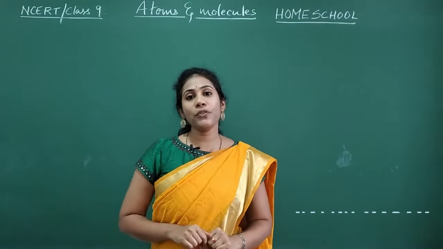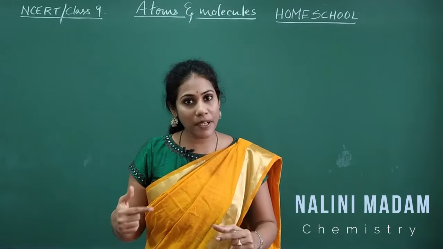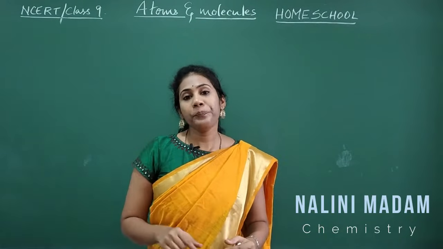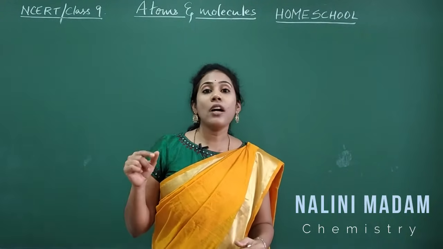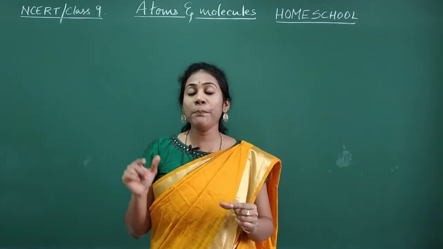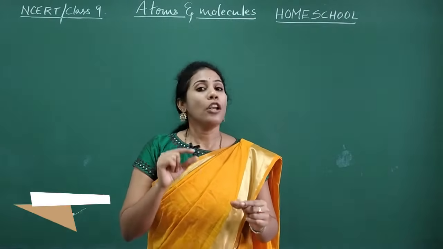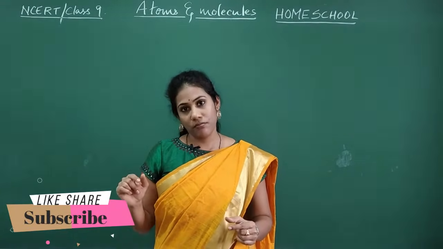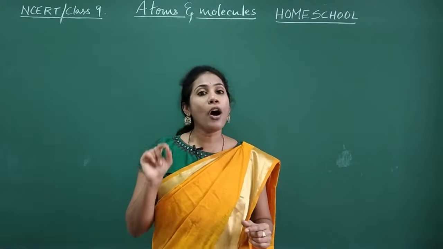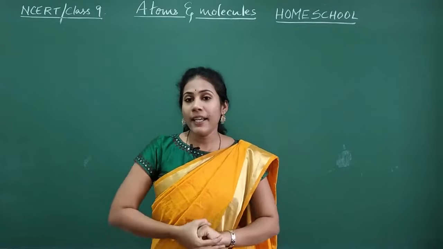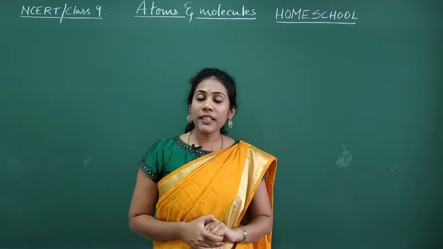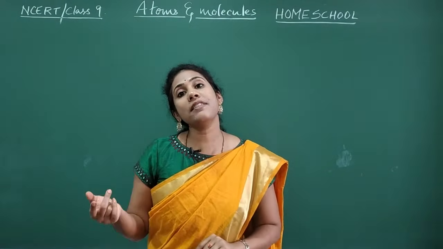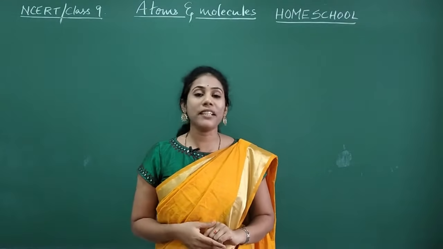In our previous videos, we have covered the basic aspects of atoms, isn't it? We studied Dalton's atomic theory, and later we spoke about the laws of chemical combination, the two important laws. First one was the law of conservation of mass, and the other one is the law of constant proportion, also called the law of definite proportion. In today's video we are talking about the size of the atom, and later the symbols that we use for different types of atoms.